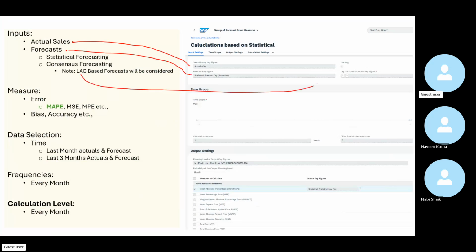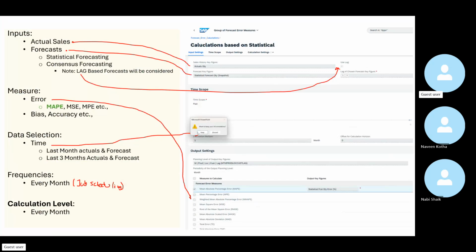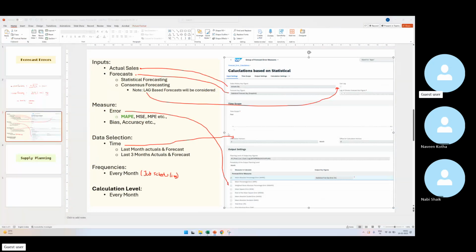And then lag is this, errors is this, data selection is this, the frequency every month. This is job schedule. How frequently do you run this profile? Calculations, whatever this forecaster, how frequently do you run? Once in a month. Calculation level, this is there before, right? In the previous it is there. Okay, yeah, it looks very odd, but